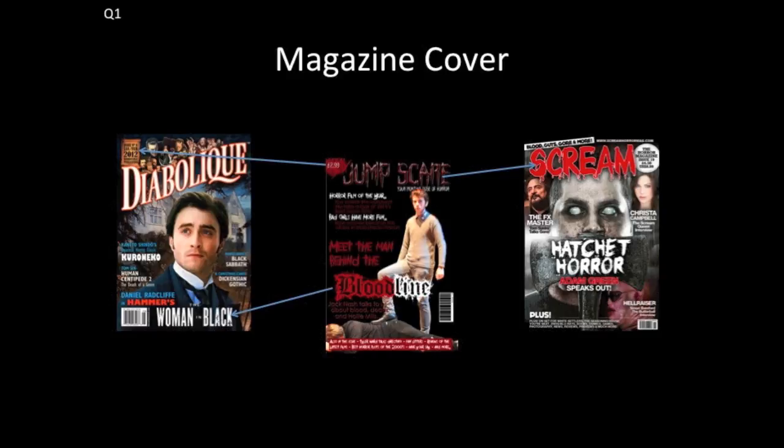I also found that having the logo from the feature article, The Woman in Black, looked really effective and sophisticated, as it clearly shows the main feature. So again, I have tried to replicate this on my own cover with the logo for The Bloodline. I really liked the masthead on the magazine Scream, as it has a clear connotation of horror and really stands out. So when it came to my own masthead, I wanted to have a similar typography. I looked at different fonts and came up with this one. The font looks scratched, as if, again, something has attacked the page. I also made it a dark red, to again connote blood, danger and the genre.